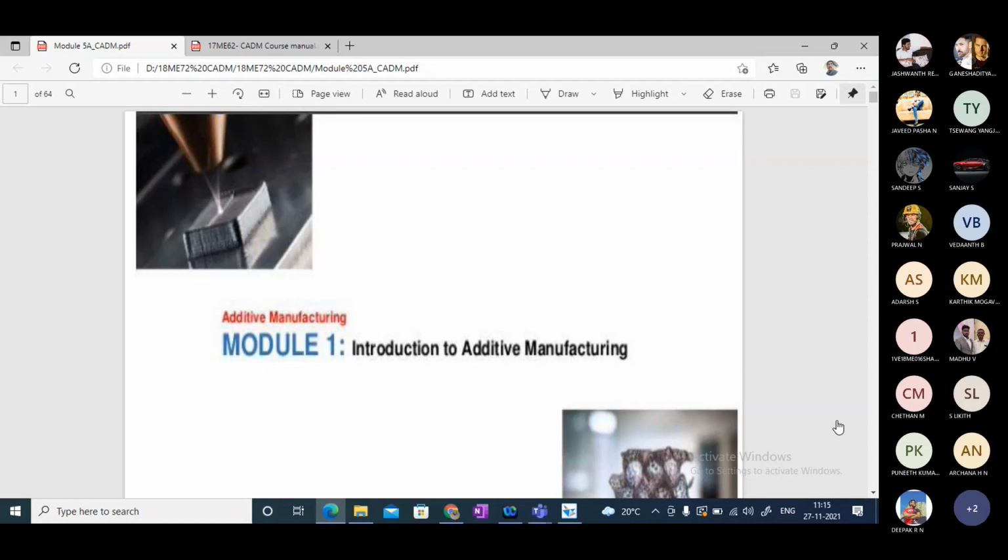Like raw material is given to you. From the raw material, we are going to remove the material in the form of grain or in the form of chip or continuous chip. But in case of additive manufacturing, we are going to add the material in the form of